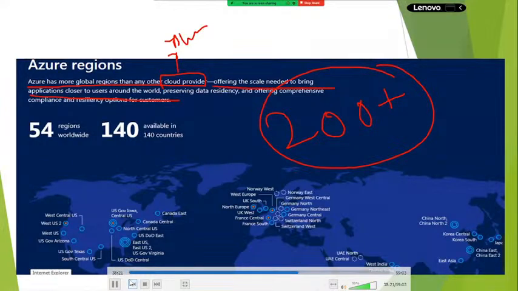We can provide better service. If any service is down in our local data center, they can fix it immediately. In order to provide high availability, we have another data center where we can automatically migrate our services to meet the 99.99% SLA. Okay, these are the advantages of Microsoft Azure. Clear? They have mentioned 60 plus regions, and around 140 countries where they have their own data centers.